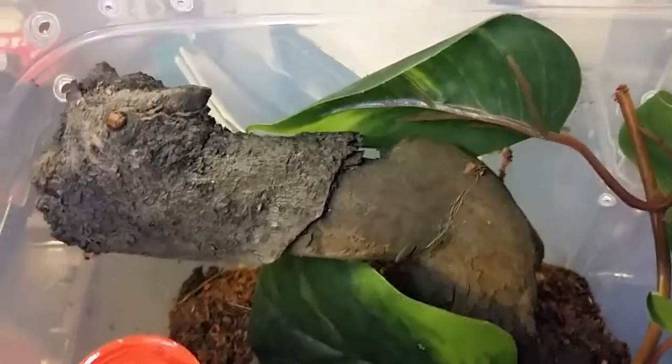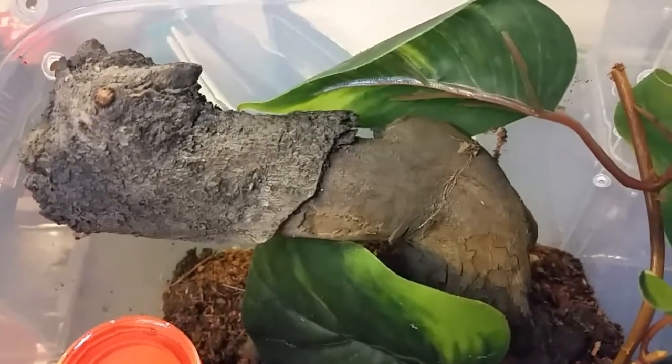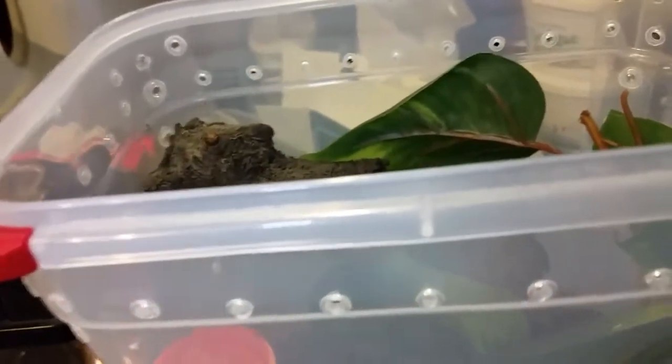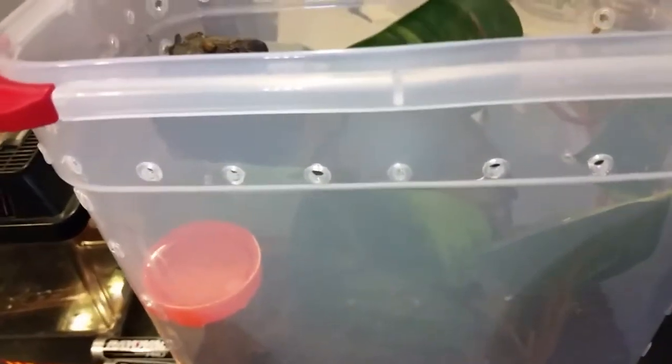And this is going to be the new home for the Psalmopoeus cambridgei. It's one of those kind of like cereal containers. Here's the lid. It's a Sterilite. I have two of these. Now they're thin and they're stackable, so I could put two on top of each other if I needed to. I do have another one, and I may go for one of the other Salmos, whichever one gets bigger quicker. They're not really conducive to seeing inside very well, because they're a little opaque, but